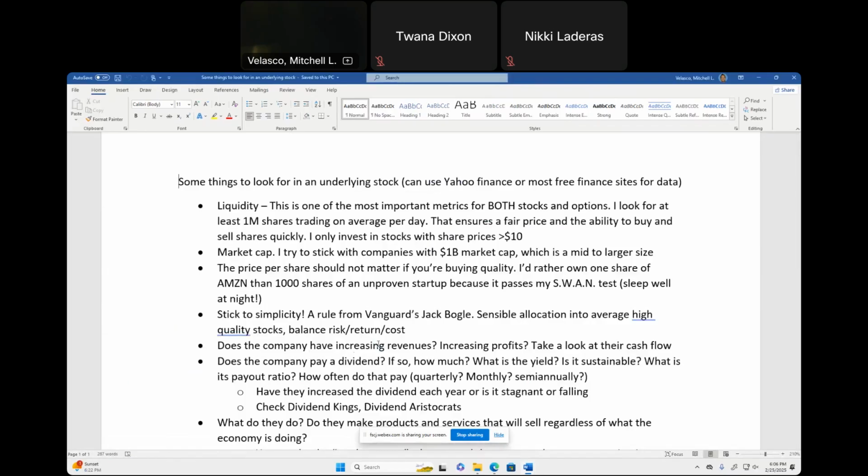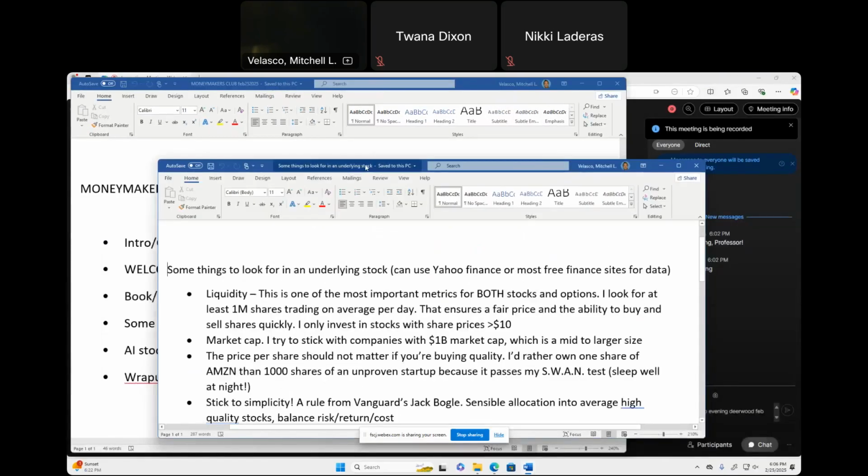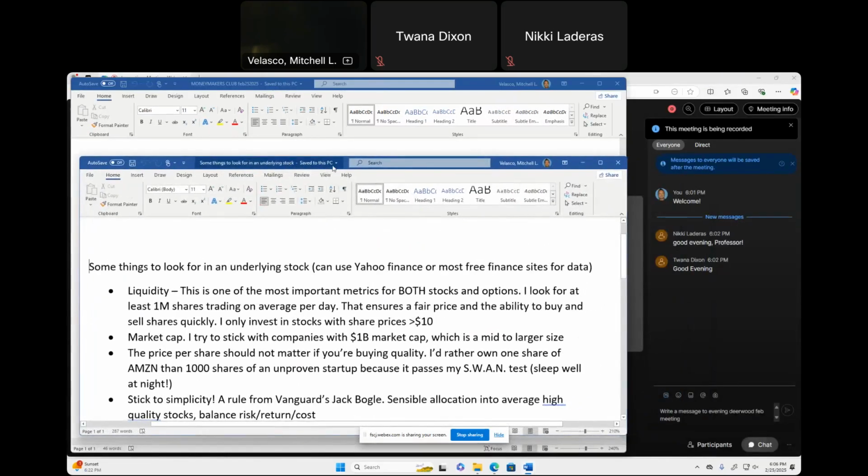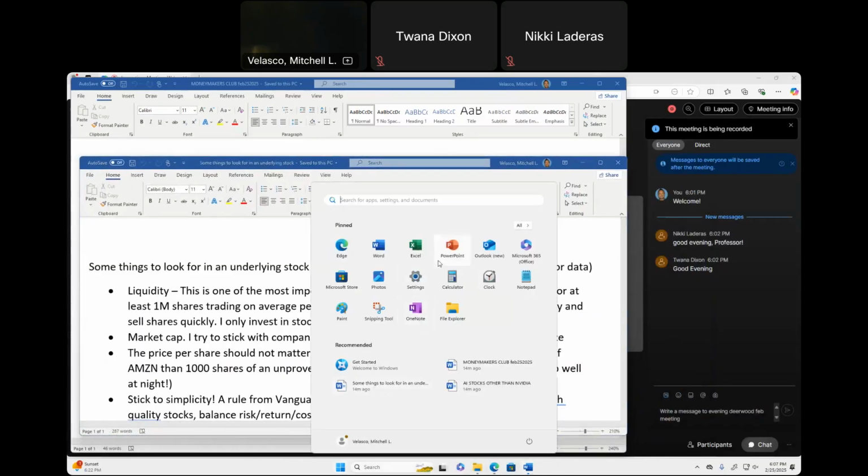And that is the most important criteria that I've learned from probably one of the best traders I know, who's the CEO of Tasty Trade. Liquidity is the most important. And what do I mean by that? Those of you that are sitting in the room here, you can look on the screen in a bit, but I'm going to go ahead and pull up the internet so that I can show you what I mean.